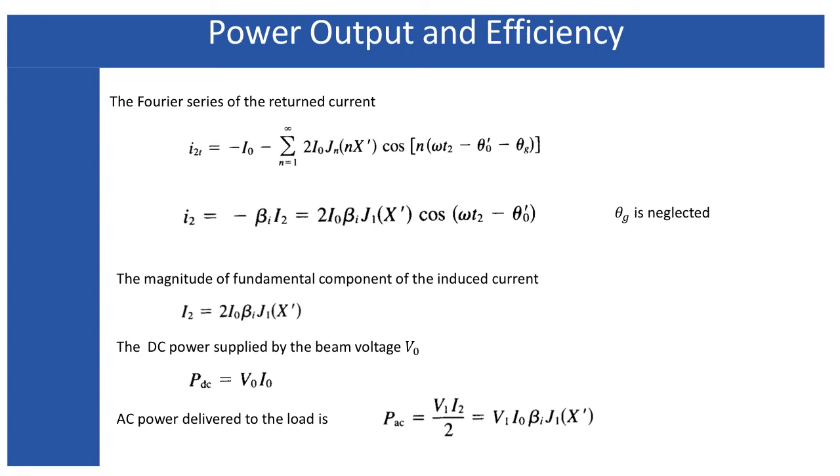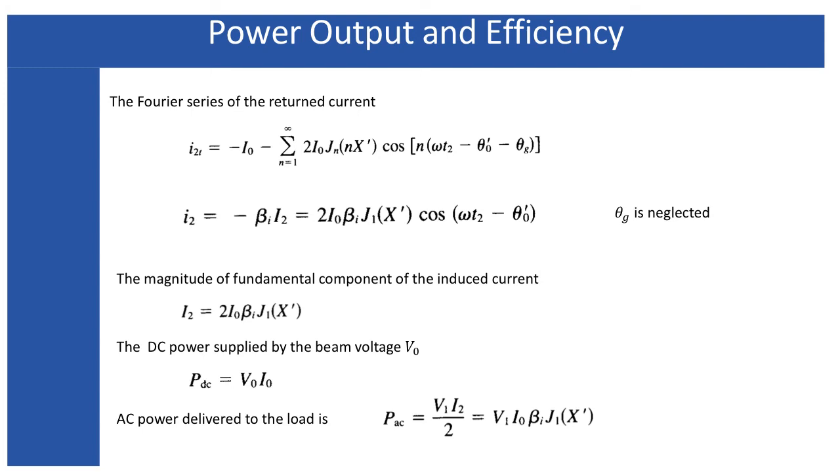Now in this case, the theta g I have neglected, because theta g, if you compare with the two cavity klystrons, is the arrival angle to the catcher cavity. So here I have neglected this one. And we know during the time of their return, the retarding phase of the cavity gap voltage should be such that they can give up their maximum kinetic energy. So the maximum current I should have to consider. This is the maximum current of the fundamental component. So therefore, this current I am considering out of the final expression that I have obtained.